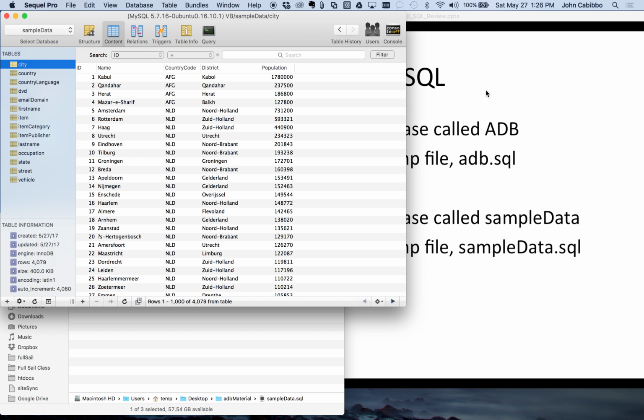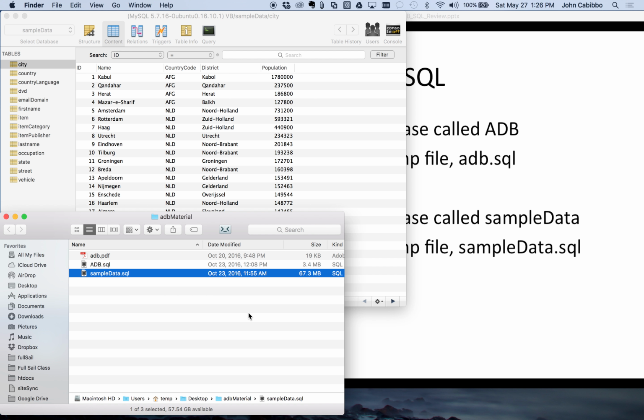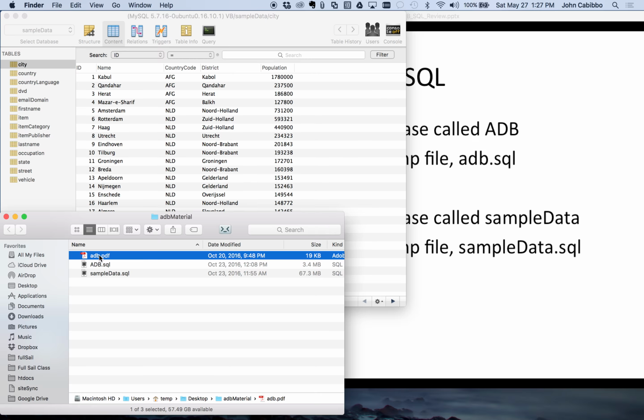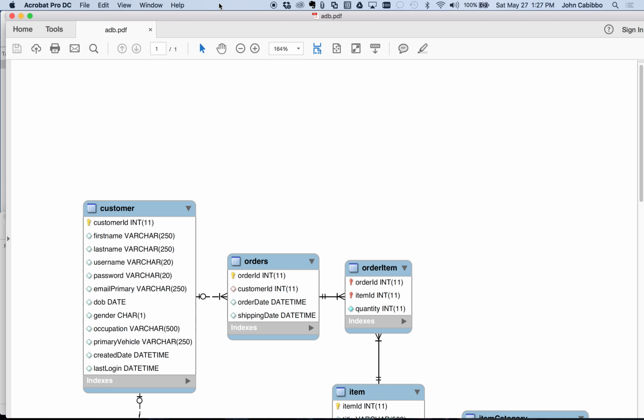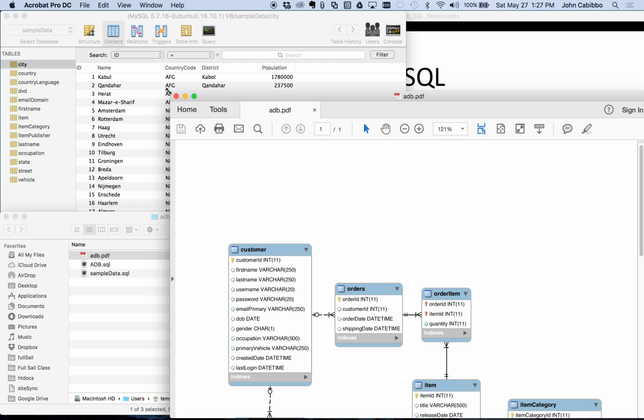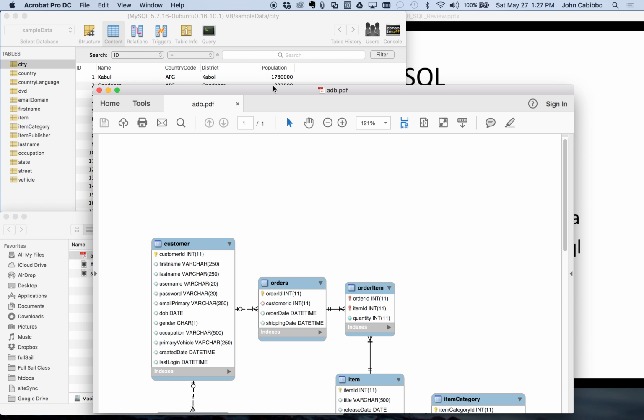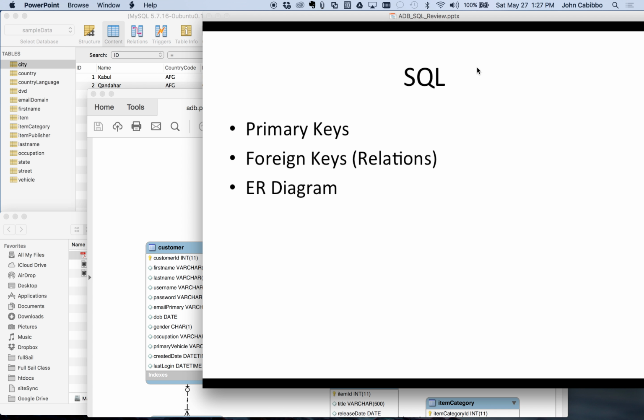Okay, once you've done the import, the other one we're going to look at is the PDF file. So you can go ahead and bring this one up, and I'll shrink it down just a bit. Okay,